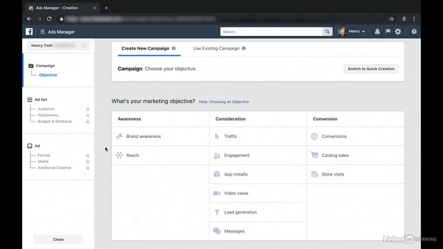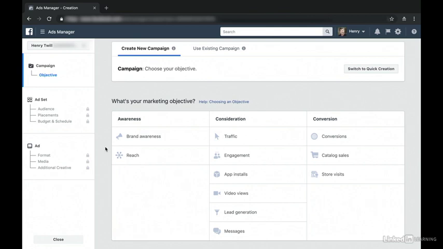This is where the creative, things like the image and the copy and the headline are created. These will be what your audience sees. All the campaign and ad set information is invisible to your audience. Now, your very first step will be to determine your objective. What is your goal for running your advertising campaign?